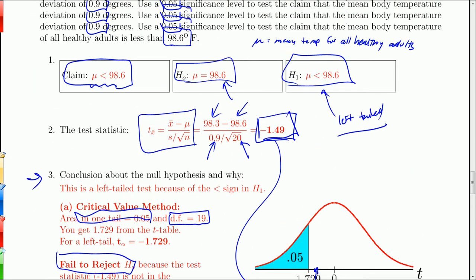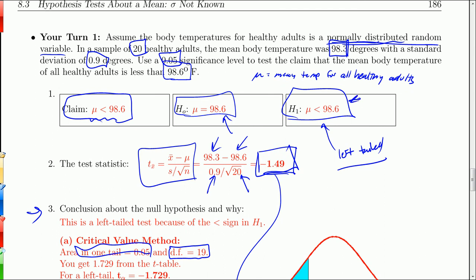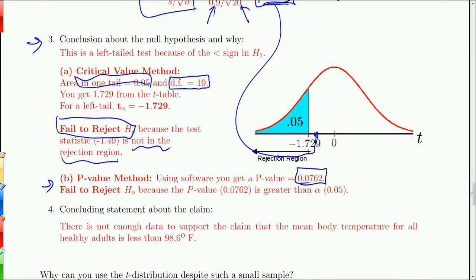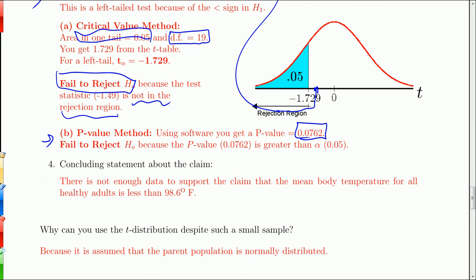Concluding statement: notice the alternate supports the claim, but we were unable to reject the null. So if you look at the null, we couldn't reject it, so we don't get to support our claim. Basically, we say there's not enough data to support the claim that the mean body temperature for all healthy adults is less than